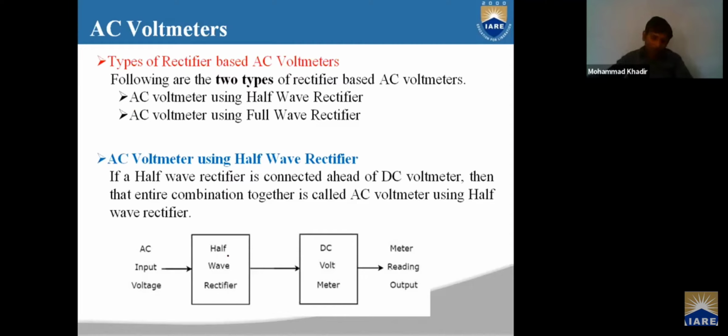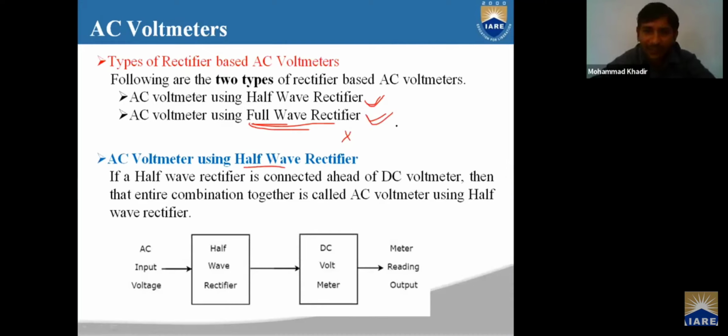Here we will see only the half wave and the full wave. We do not cover the bridge circuit because both are almost the same. It gives the same efficient output as full wave, so full wave is a better rectifier to convert AC to DC. That's why we are going to use only half wave and full wave rectifier circuits. So first we will see the half wave. What is meant by half wave?